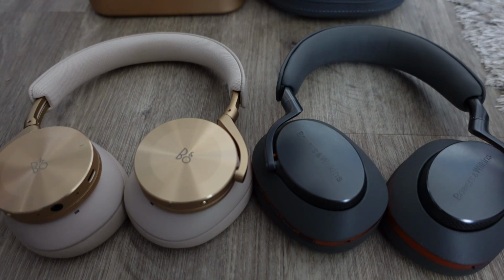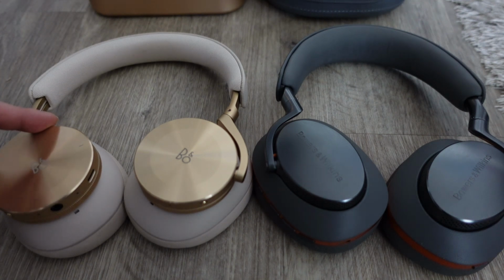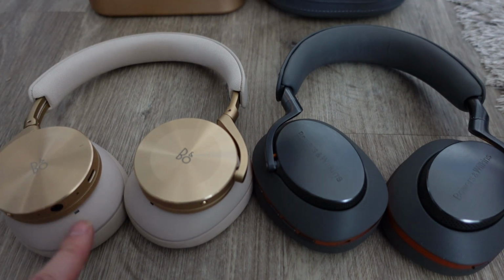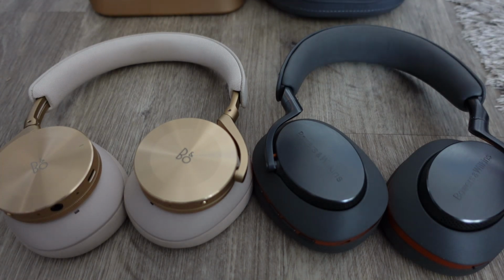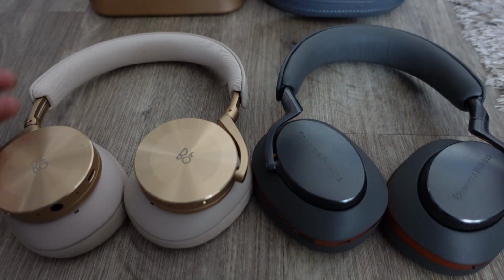Also, curiously, I noticed on the spec sheets on the websites of both of these, Bang & Olufsen focuses a lot on the design and materials of their headphone, not so much on the technical details. So they don't actually tell me what Bluetooth codec they're using. They're just saying it uses some kind of Bluetooth, but I don't know exactly, is it aptX? What kind of aptX codec is it? I don't know what Bluetooth version it is. Instead, they actually said that it's